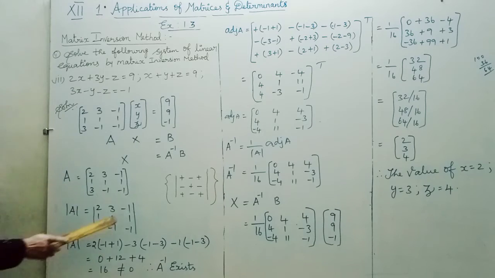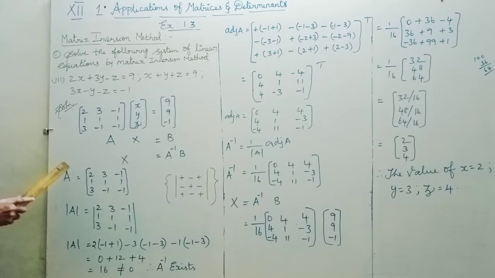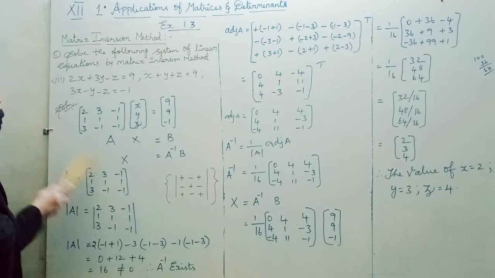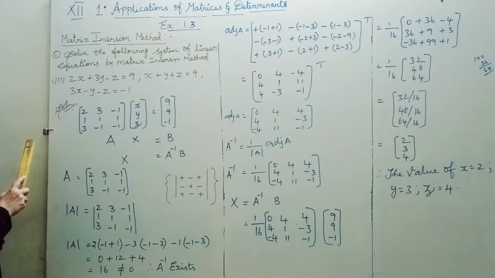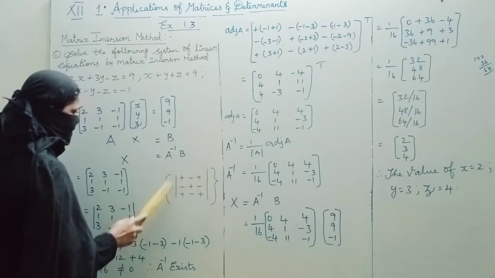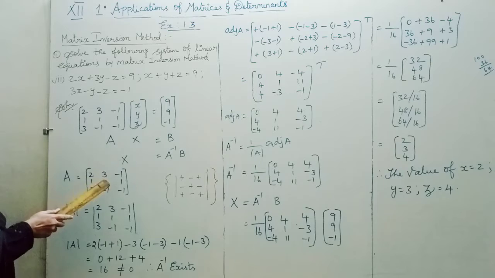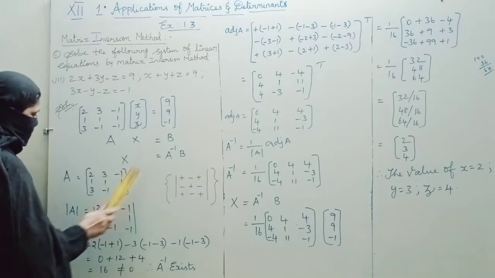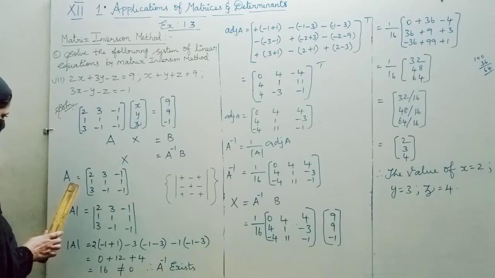Next we want to find out adjoint a. In the previous subdivision, for a 2 by 2 matrix, we interchange only the main diagonal and change the sign of the other diagonal. That is the format for a 2 by 2 matrix. But for a 3 by 3 matrix we want to find out the cofactors by using plus minus plus. We have already seen this in the first, second sums and the first exercise. In the same way we want to find out the cofactors of a 3 by 3 matrix.